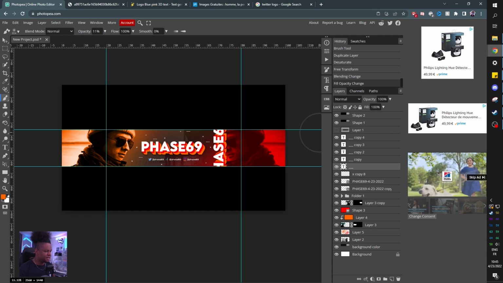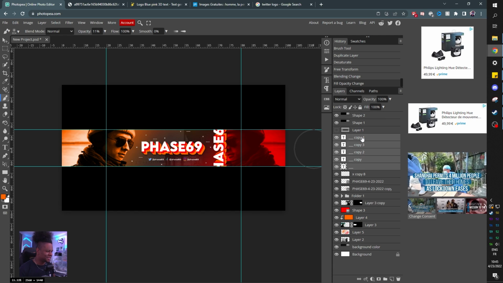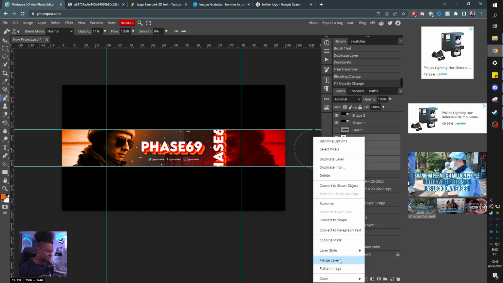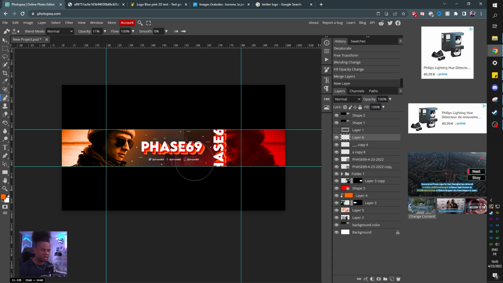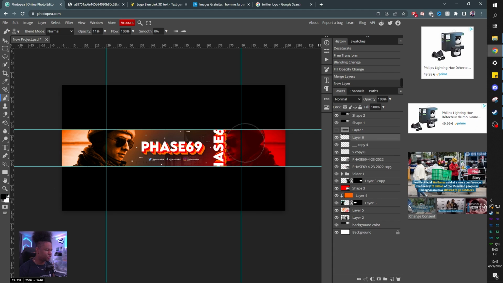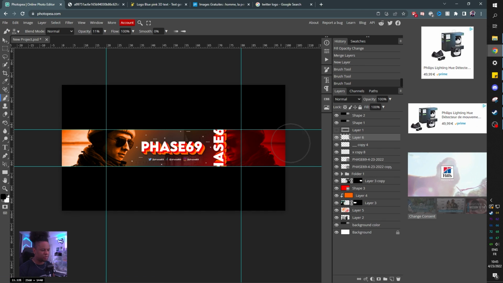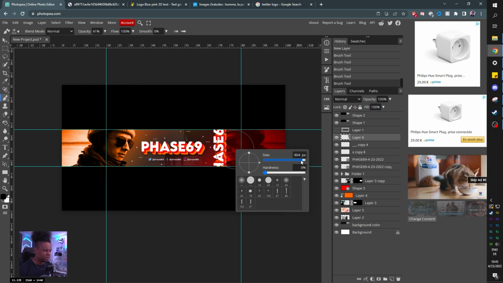I forgot to blend in our underscores, so I'm gonna select them, right click, merge layers, boom, cool. And I'm gonna add an extra little bit of brush. So I'm gonna create a new layer. I'm going to pick black as my foreground color. And I'm just gonna go on the sides basically so that we still have an emphasis on the middle. I can bump up the opacity if I want to. Let's go 40%. Maybe make the brush size a little bigger.